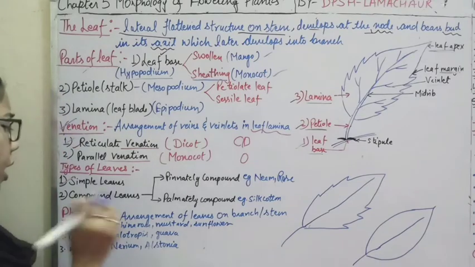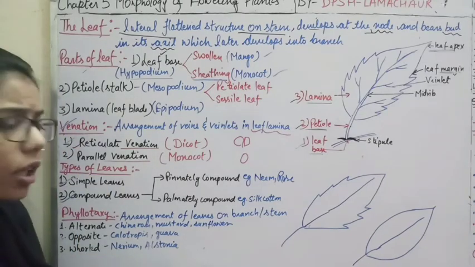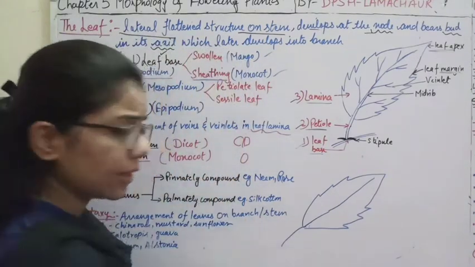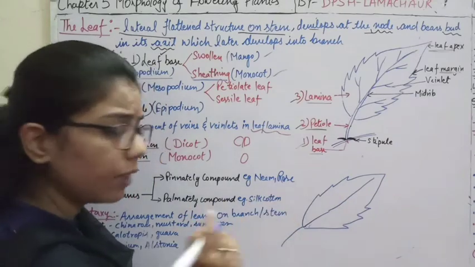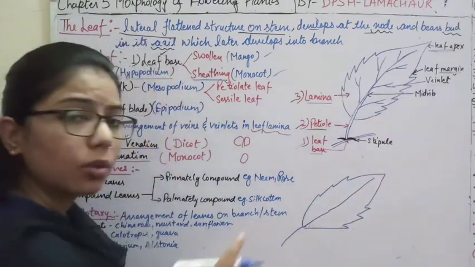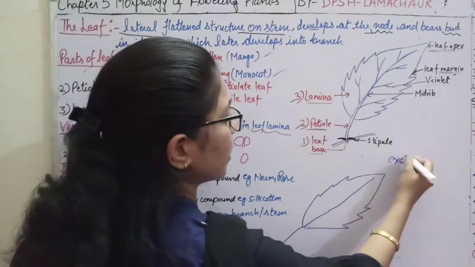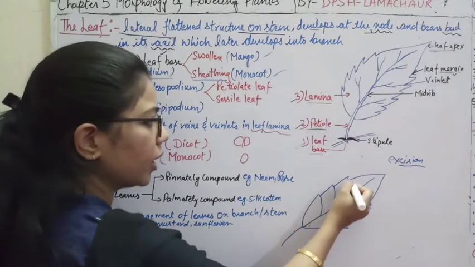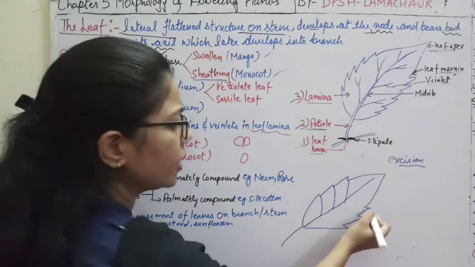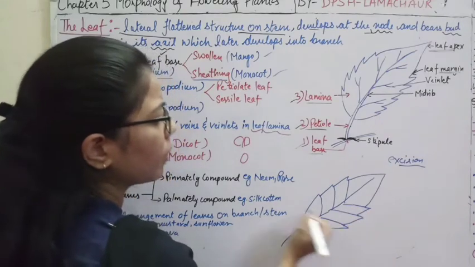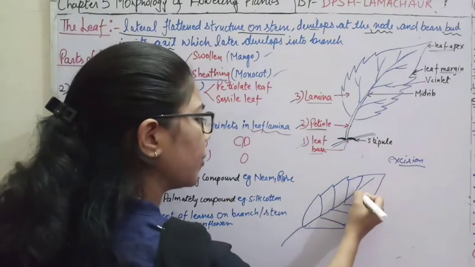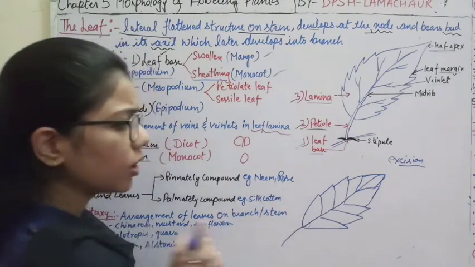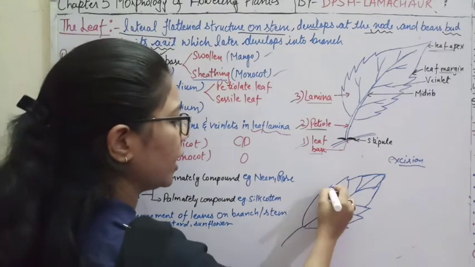Now here, if we talk about the compound leaves, what are the compound leaves? The cutting which is present in the leaf margin is known as what? Excision. So when this excision reaches up to the midrib, what will it do? It will make leaflets. So now the structure will be like this, you can see that there is a structure.